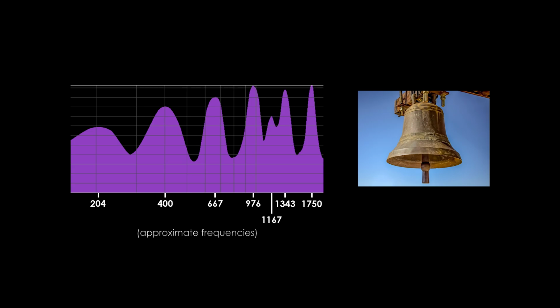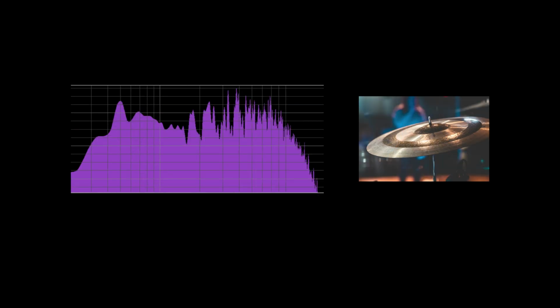Strangely, bells and some other tonal percussions produce inharmonic components, that is, frequencies that are not multiples of the fundamental. This is due to the shape of such instruments and the dispersion of bending waves, but that is a more advanced topic that I will not go over in this video. The sounds where we do not distinguish a specific musical note, such as those of non-tonal percussions, will not really have a fundamental and components at specific frequencies, but rather they will have a complex spectrum.